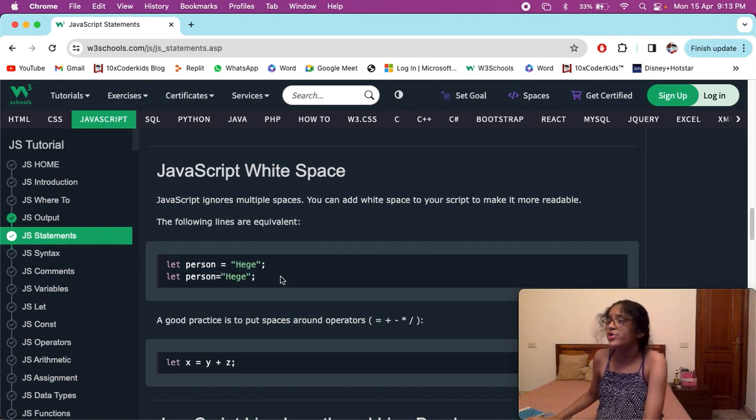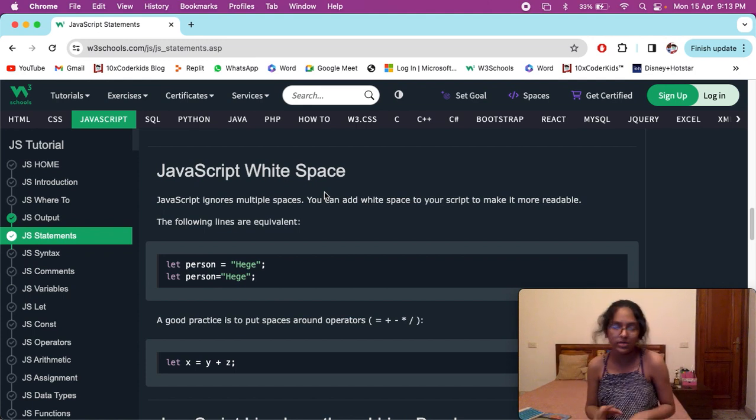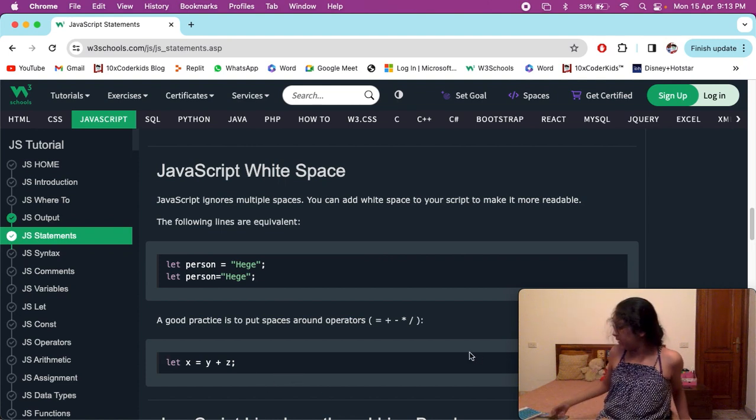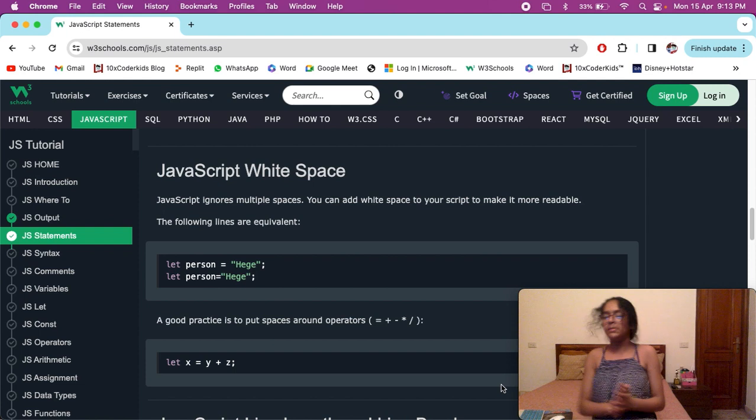But if you're in a hurry, if you're in a competition with a time limit, 5 seconds, write as much code as you can, as many statements as you can. Will you just add white space, or will you keep on writing your code? Of course, you will be writing your code and not think about white space. So it's okay if you add white space or not, but it's just more readable. It's up to you. If you have a ton of time, then of course you can make it more readable and add your white space. But if you're on a time limit, don't think about the white space. Think about the code. Let's go.